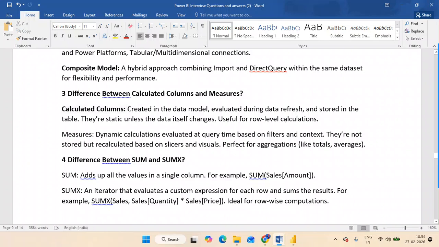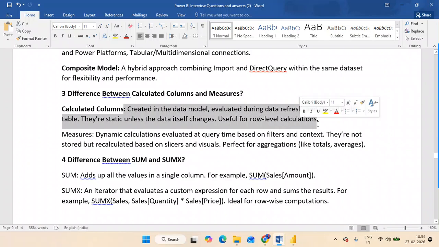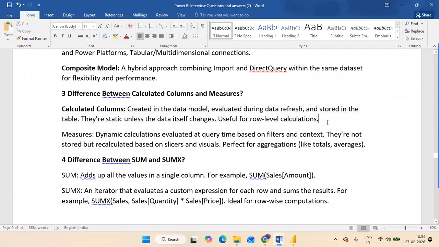Okay, so they are created in the data model, evaluated during the data refresh, and stored in the table. They are static unless the data itself changes, so they are useful in row level calculations. Mainly they are highlighted at a high level.